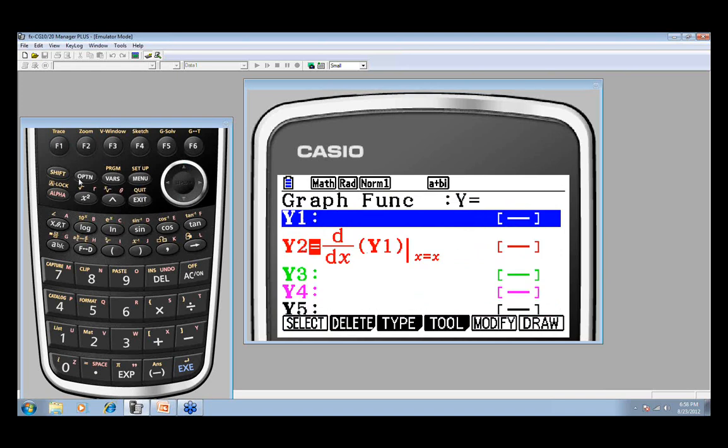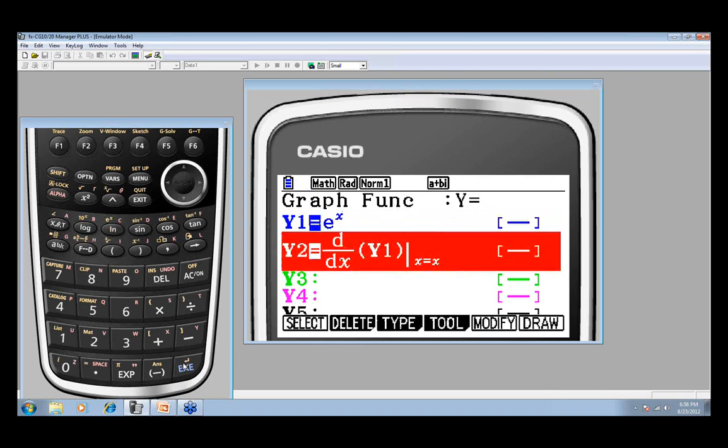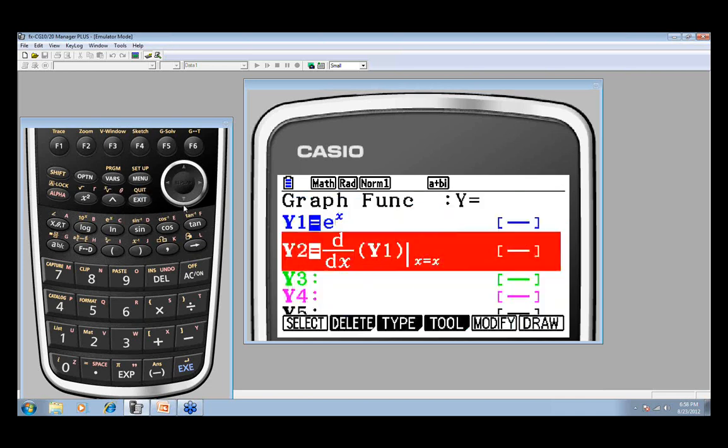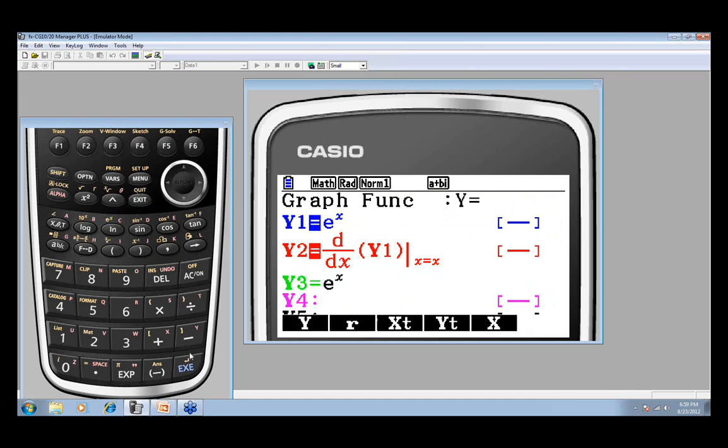We're going to look at one more before we leave this investigation activity, and that is going to be the graph of e to the x. Now, before we hit that execute key, I'm going to warn you, we've got to be real careful. I'm going to press it once, and then I'm going to press it twice, and it's going to happen so fast. If you're not watching the screen, you'll miss it. There it is. There it is. Did you see it? The graph of e to the x and the derivative of e to the x are exactly the same. So that must mean that the derivative of e to the x is actually e to the x. Let's prove it.